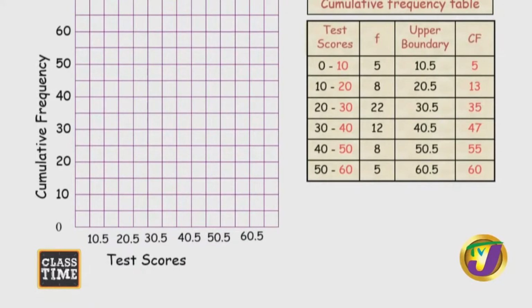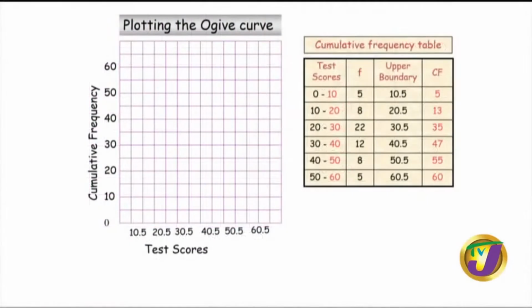Now she is going to plot these points. This is where it is crucial. What do I plot on my graph? Well, if we're looking at our upper boundaries, which is our test scores, and our cumulative frequency on our y-axis, I'm going to look at my table, and my first point is 10.5, and it's mapped onto 5. Right, but which 5? The 5 in the cumulative frequency. So that means I'm going to look for my 10.5 on my x-axis,